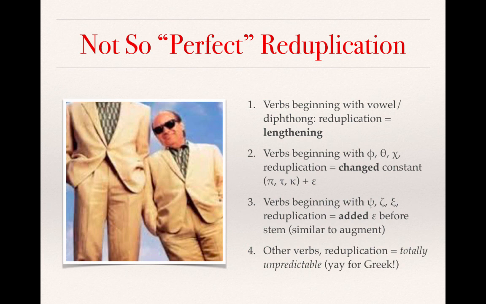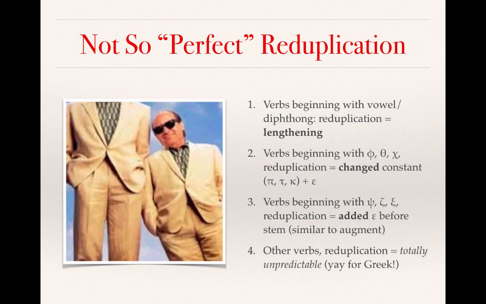And then verbs that begin with psi, zeta, or xi, reduplication is essentially adding an epsilon before the stem. Again, very similar to the addition of the augment as in number 1 above. And finally, there are other verbs where reduplication will be totally unpredictable. So we're going to need to use our dictionaries or the glossaries or other resources to determine the verb that